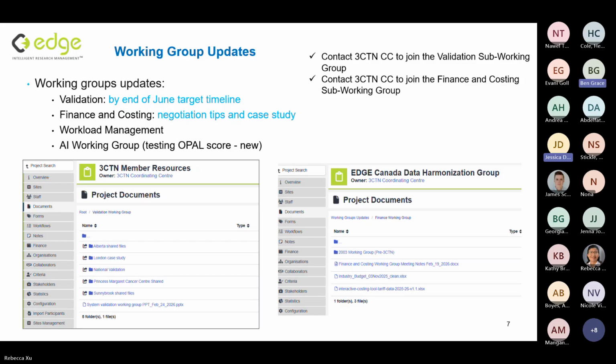Do you have a standardized way of working in Canada for what you deem to be site ready to start, to opening, to first consented, to first recruited, etc.? We don't have a national one, right? But I think that is something in progress right now. Will we end up with one? I don't know, Ben. We can live in hope. I think we may have faster uptake of the conversation